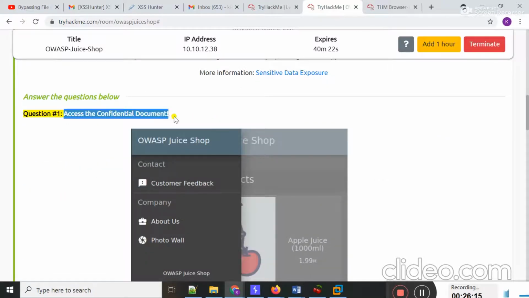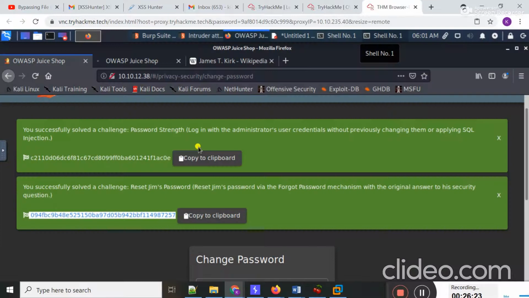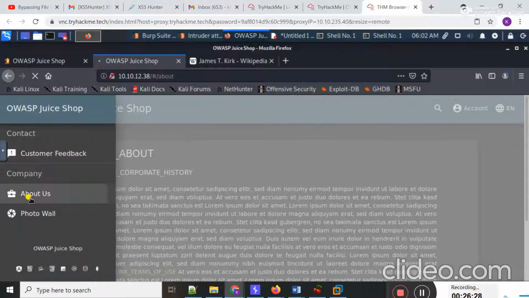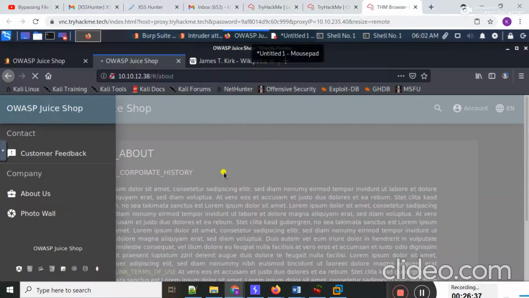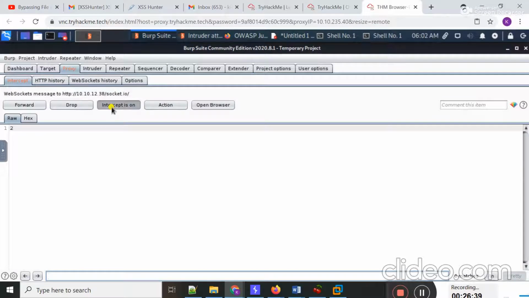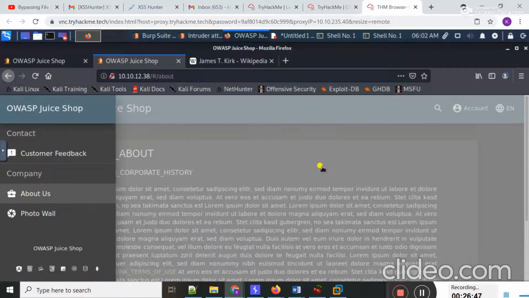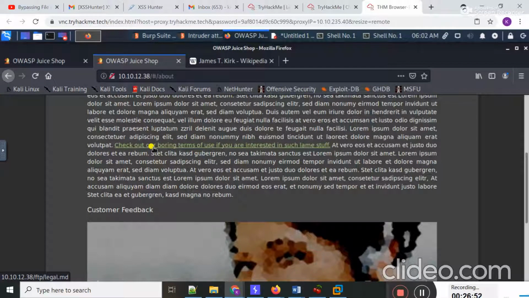Okay, access the confidential document. Navigate to the About Us page and hover over the check out our boring terms of use. Okay guys, if I move to About Us, here you can see check out our boring terms of use.